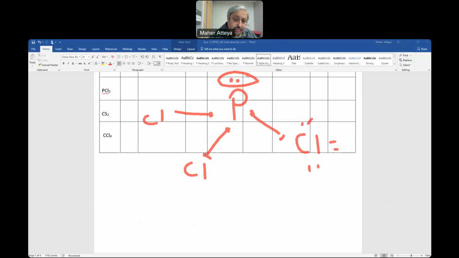1 is here. 2, 2, and 2. And here's the same thing. So chlorine is 7A or 17. So it has 7. So according to the first, we'll calculate